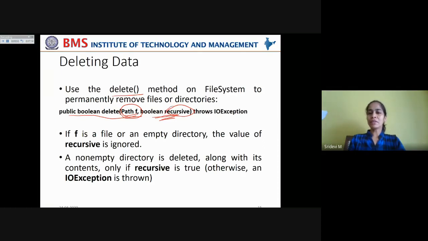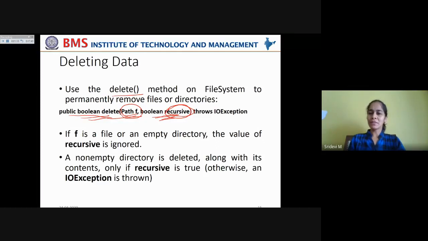But if it is set to false and the directory is empty, it will just delete it and return a boolean value. If the file is located and deleted, it returns true. Otherwise, it returns false.